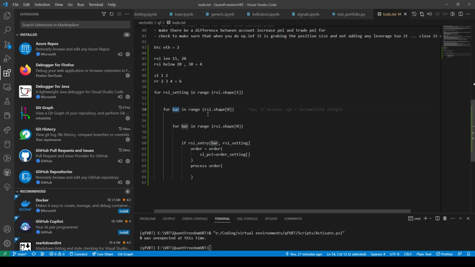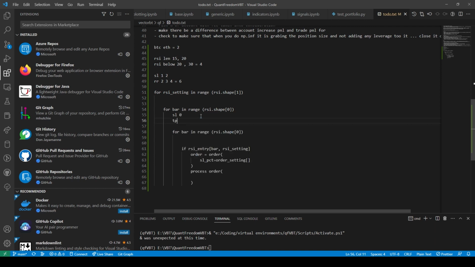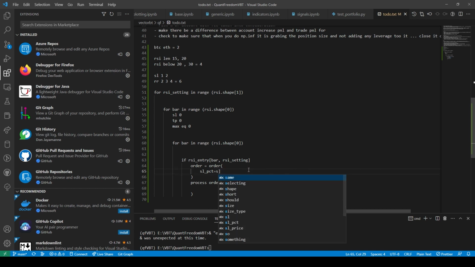I would say here is where you create the order. You would have to list the order, and then you'd have stop loss 0, then take profit 0, then max equity 0, and then you come through here and you have your if entry, then you create your order, and your stop loss percent would be SL, right?